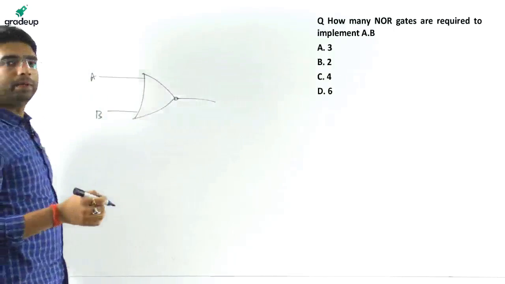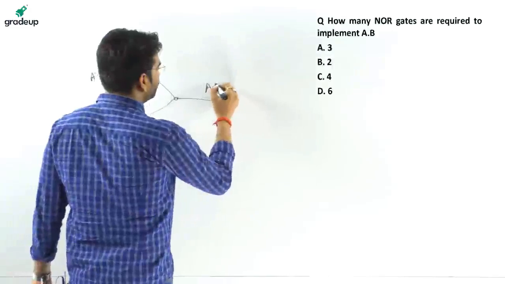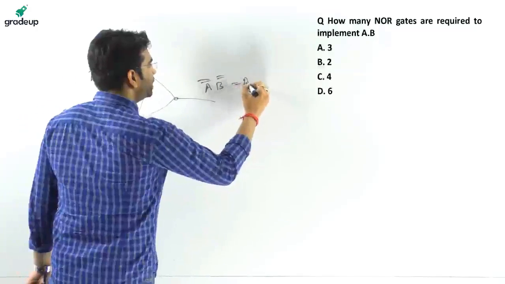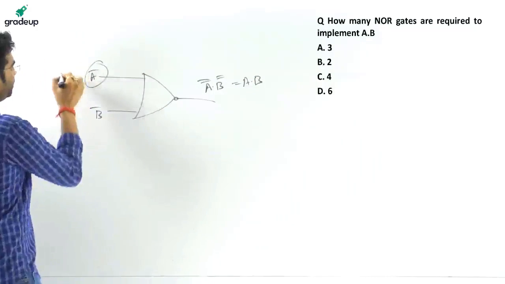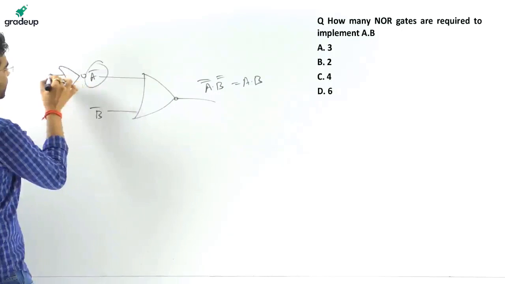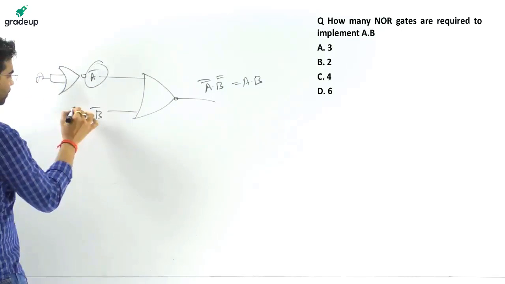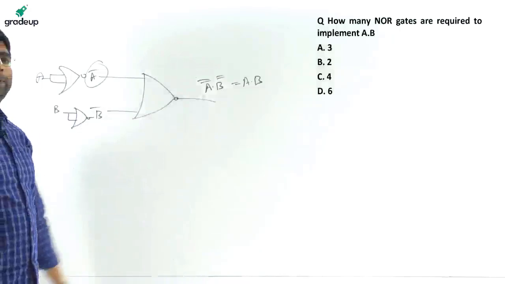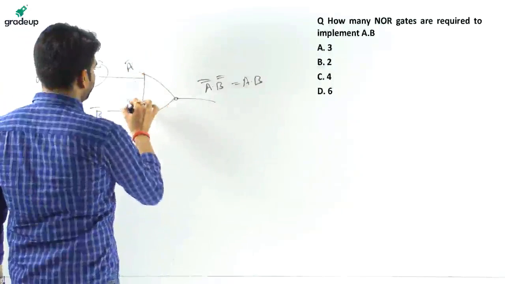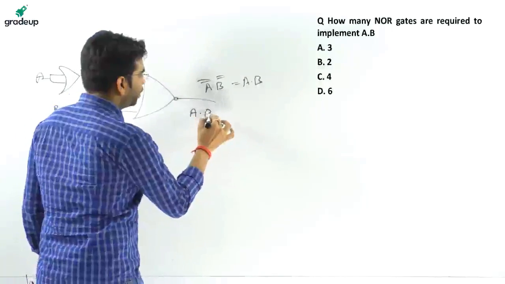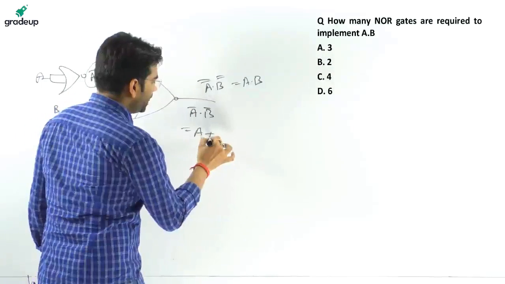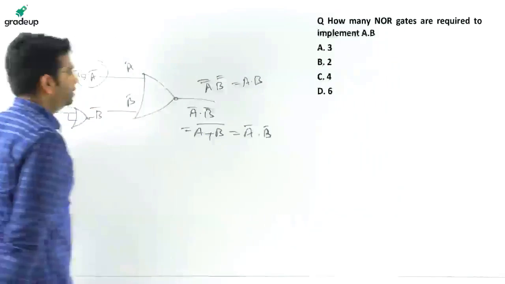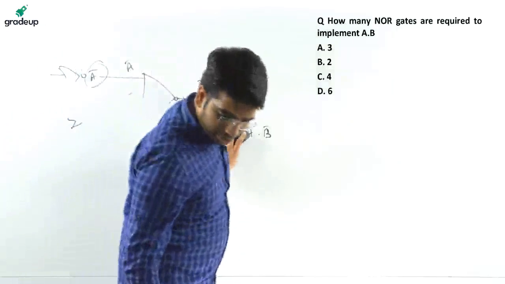With inputs A, B, the output is A dot B. If here it is A bar and B bar, the output will be A dot B. How did you get this A bar? Again by a NOR gate at this place. Here A is fed, here B is fed. Understood? You have to apply these tricks as well. Here it is A bar, here it is B bar, and the output will be A plus B whole bar, which by Boolean expression is A dot B. Now the next set of questions.